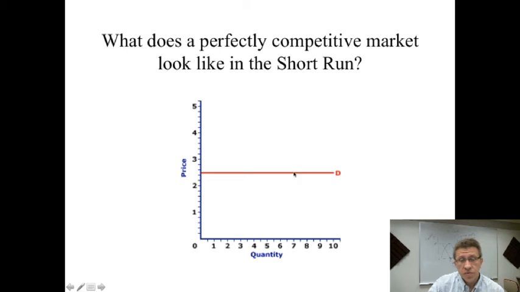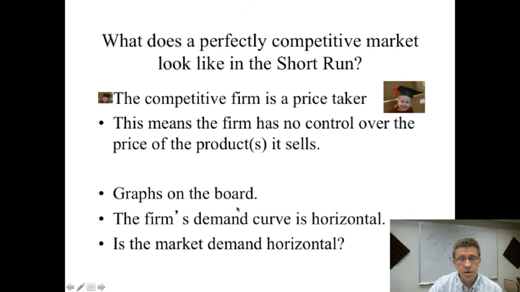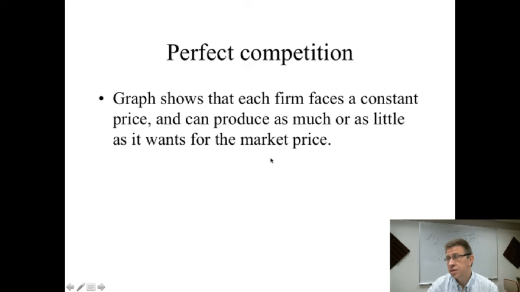So a lower price. Why would the firm never want to charge a lower price? Well, the reason goes back to this flat demand curve and the explanation that we've had. The firm can sell as much or as little as it wants at the market price. So it could sell 50 units at the market price. Sell 100. It could sell however many it wants at the market price. Why would it possibly want to sell as many as it wants at a lower price? Right? The lower price does no good. It can already sell as many as it needs to sell or as it wants to sell for the market price. If it lowers it, all they're doing is getting a lower price per unit.